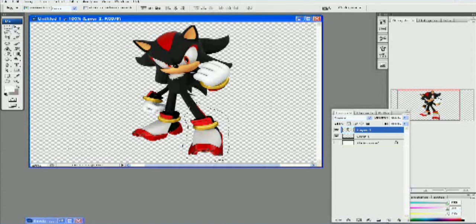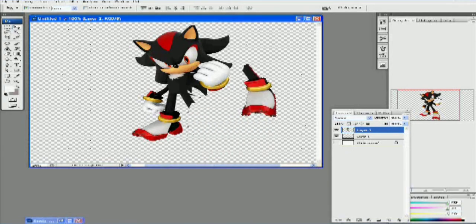After I created the shape, I grabbed this move tool over here. As you can see, there's an arrow and what looks like a small pair of scissors. What it's doing is cutting it out, basically. And that's what I'm going to do here. As you click and drag, it'll separate the leg, and I can